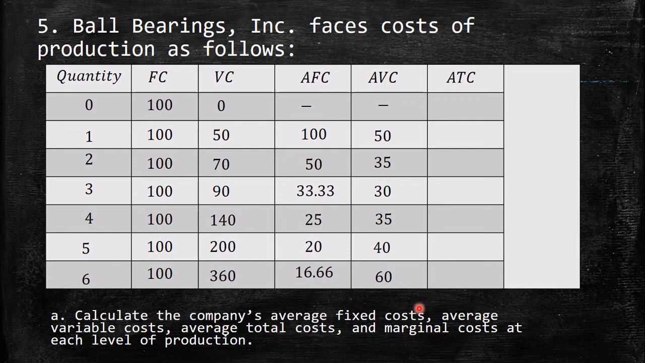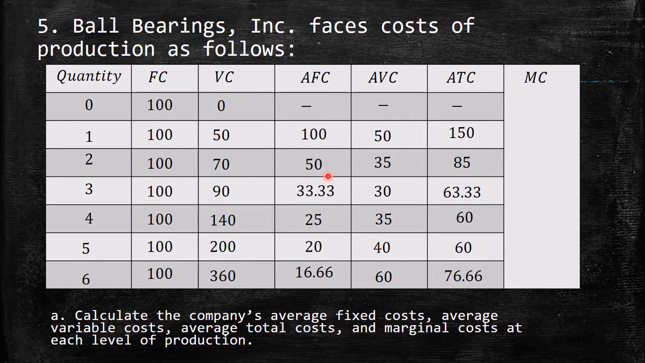The next one, the average total cost, is going to be the total cost divided by the quantity, or it's going to be the sum of these two. Remember, total cost is equal to variable cost plus fixed cost, so divided all by quantity, average total cost is equal to average variable cost plus average fixed cost. So this one is going to be 150, just the sum of these two. Okay, then